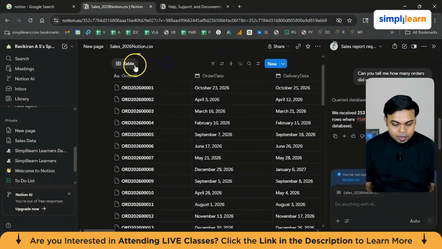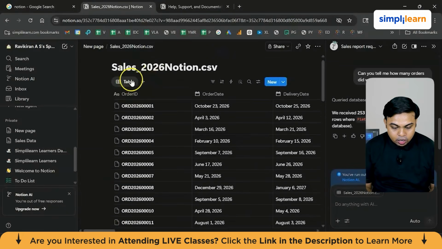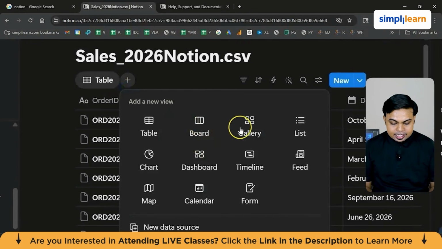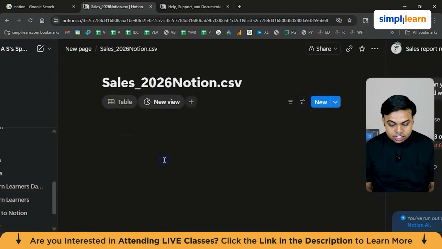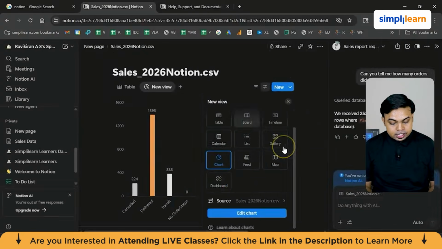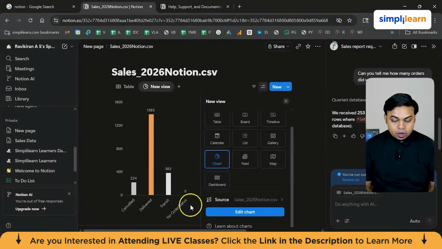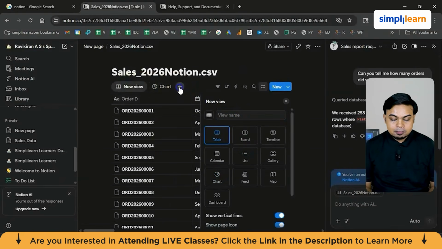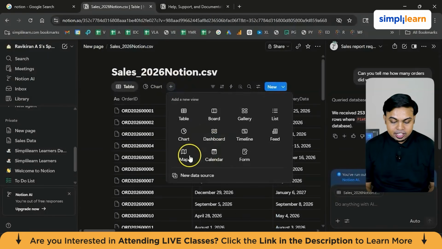Now here, if I expand this and click on the plus logo over there, I can also ingest some dashboards or visualizations for the data. Let's say I want to go with some bar chart or something like that. If I just click on the chart over there, you can already see Notion is intelligent enough to identify the orders data table over here. It gave me a report for canceled orders, delivered orders, in transit, and everything, right? And I can also name this particular view. Let's say I want to name this as a chart which represents the order status. You can also name that.